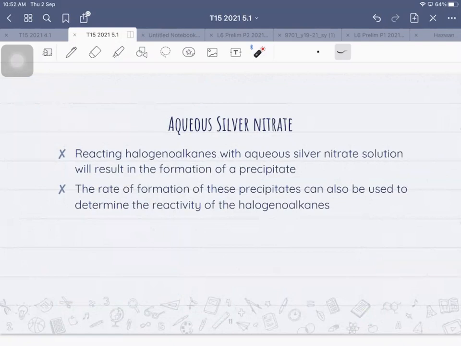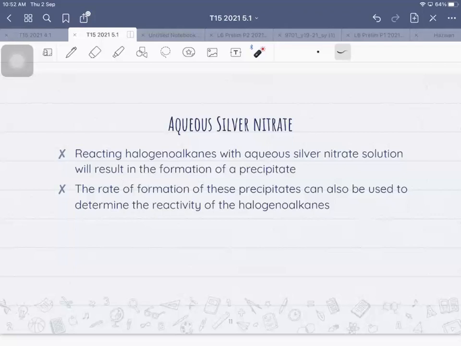You've done this reaction in class where you put a beaker on top of a paper that has writing on it, and you record the time taken for the precipitate to fully cover the text, to become opaque. So this is the idea of using aqueous silver nitrate,